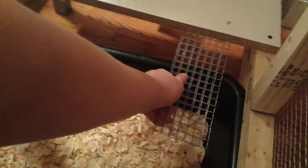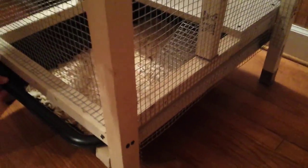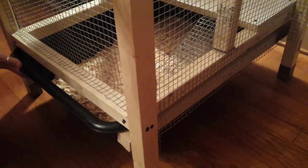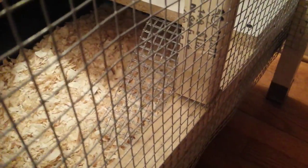Go ahead and do that. So you kind of pull that. Just pull that up, and then let me move. There you go. And then that just slides in. We made it a little tight. That's all right. So anyway, you got that, and then we just use the 1/4 or 1/2 inch mesh for